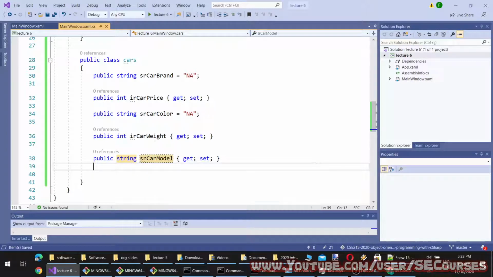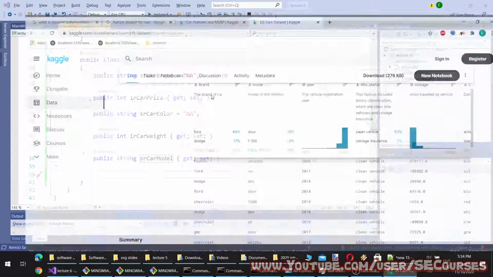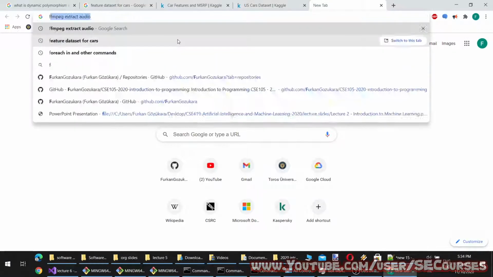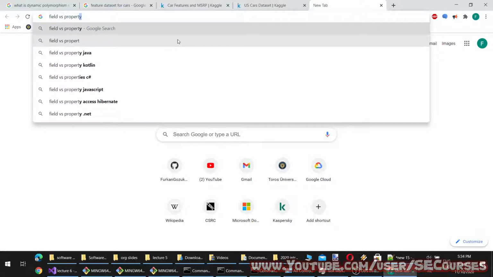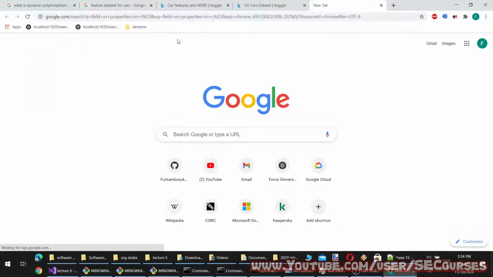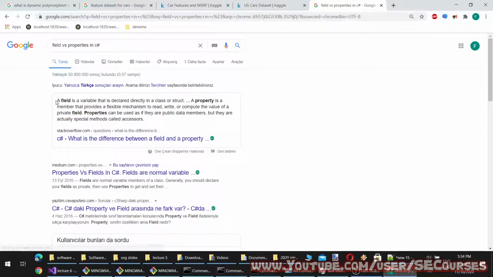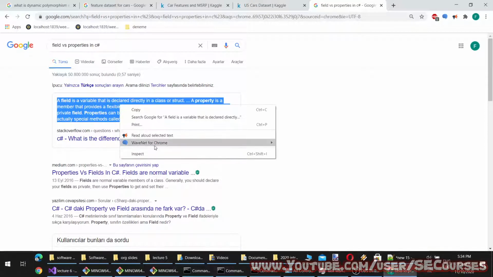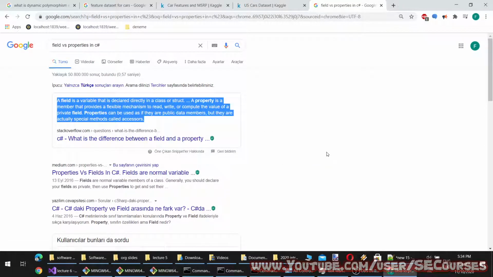You see this is called a property and this is called a field. Let's remember field versus properties in C#. A field is a variable that is declared directly in a class or struct.